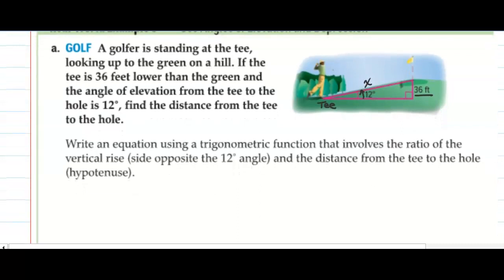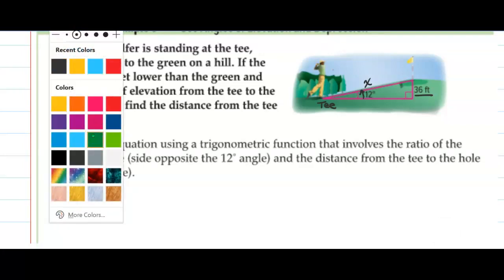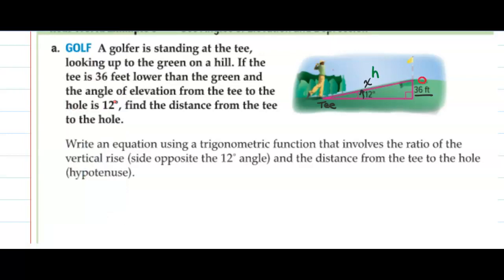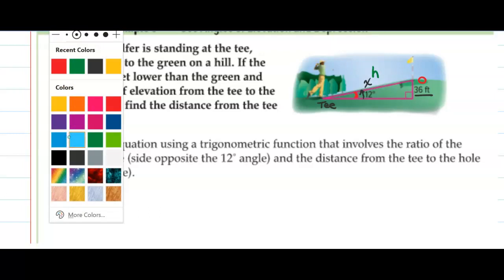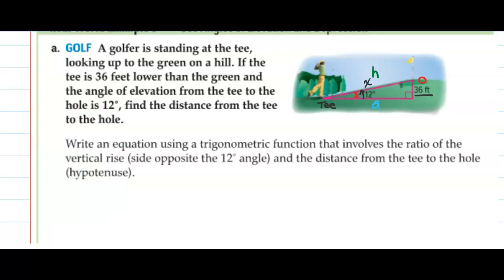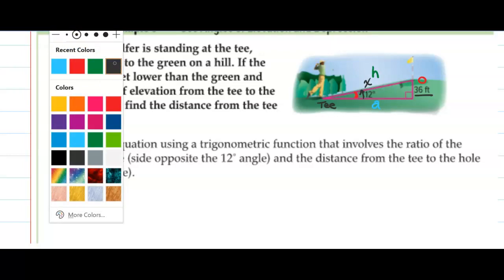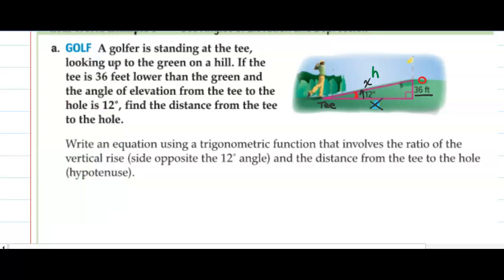We need to use the fact that we are trying to find the hypotenuse, but we know the opposite. Again, just like every other problem, let's label things. There's our hypotenuse. This is opposite this angle we care about. And our adjacent. We know the side opposite is 36. We want to find the hypotenuse and we don't care about the adjacent. Connecting O and H, we use sine. Sine of 12 is 36 over